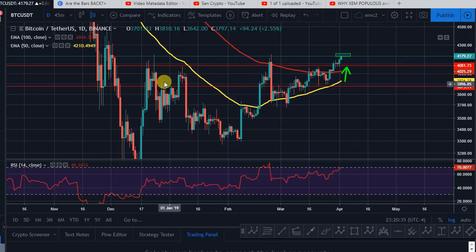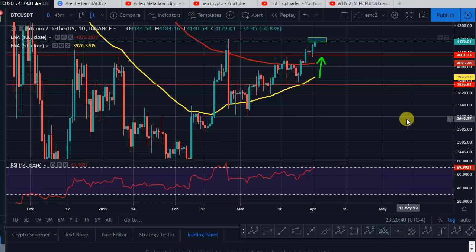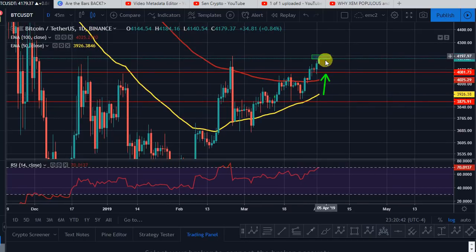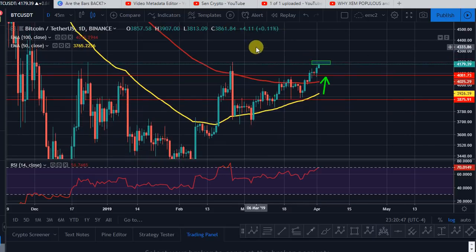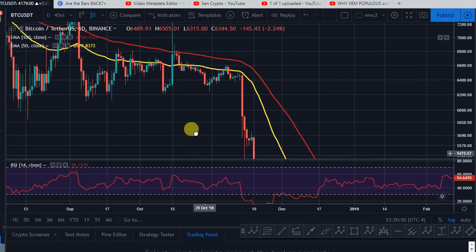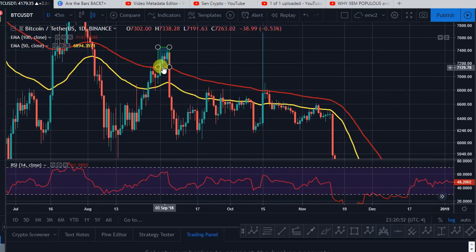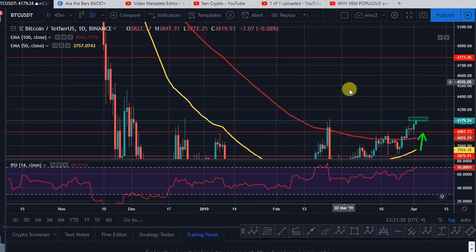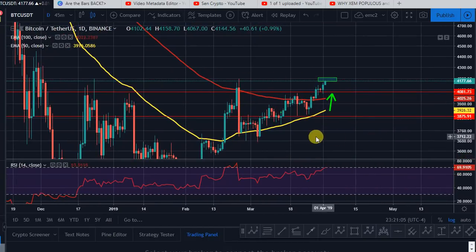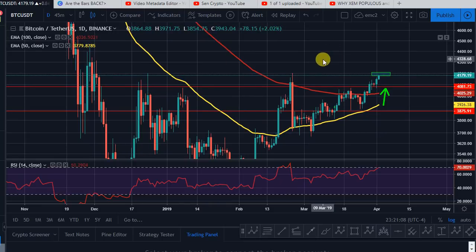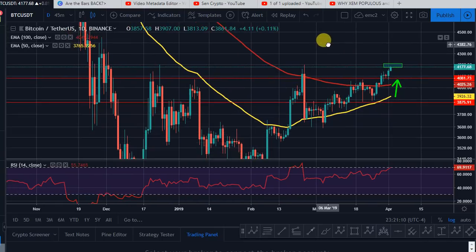So we're getting back to this area of the neckline. We just got almost 4 bullish candles above this area of the 100 EMA. That's very special. You have to go back to about April last year to find the last time we got at least 2 bullish candles above this area of the 100 EMA. That was September, and then we got a big dump. So it is pretty critical right now how we're going to break this area of the neckline, because most people are waiting for this dump to say I told you so. So keep an eye on BTC, at least for the short term.